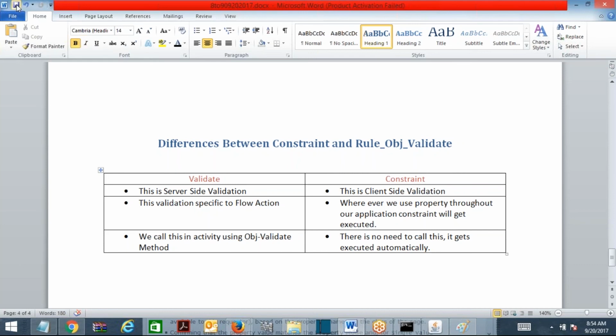Okay, fine. So this is about edit validate, validate, constraint, as well as edit validate. Any questions?